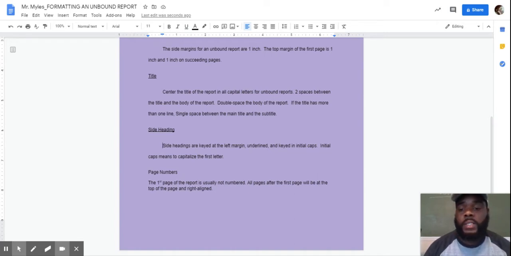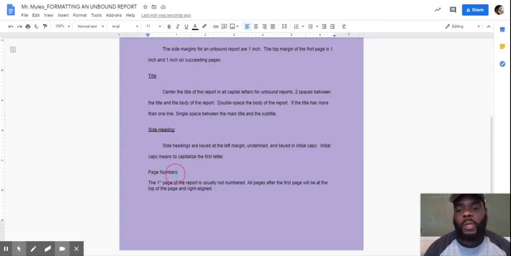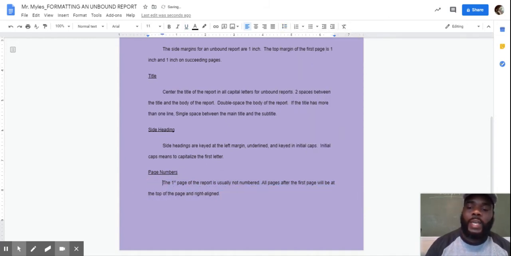All right, so next let's move on to page numbers. When you type that, make sure that you type it and underline it. Okay. All right, so I got to fix my line spacing there, make sure that is double. And let's also indent that paragraph. All right, we're going to indent that paragraph. Now for page numbers,